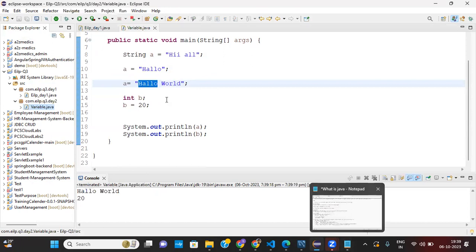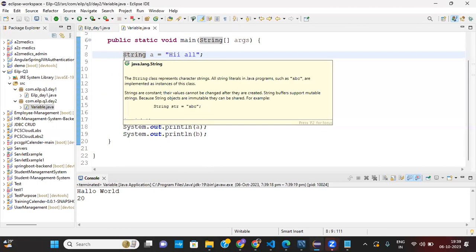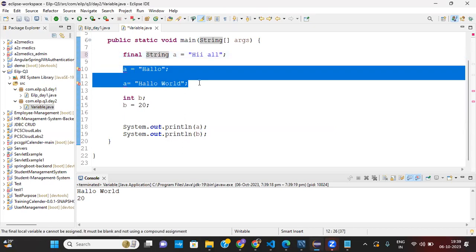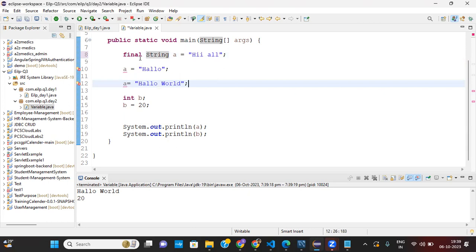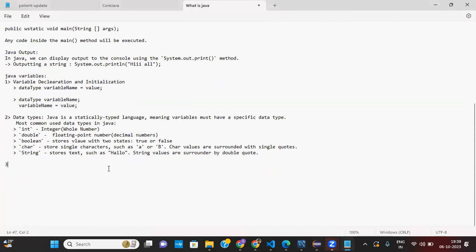So this is the final keyword, which makes a variable constant, or not modifiable, meaning you cannot update the variable. If I give the final keyword before declaring the variable, it will give an error whenever I try to update it. Okay. So now let's say we will say this is constant.